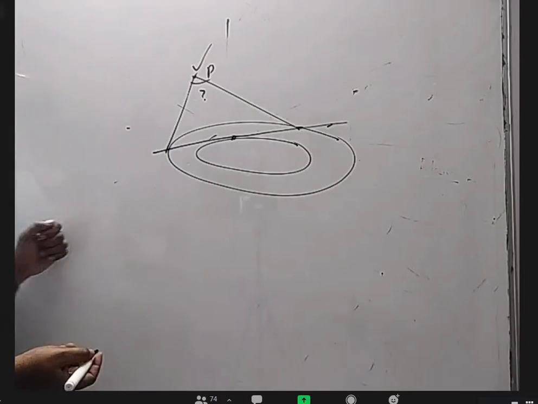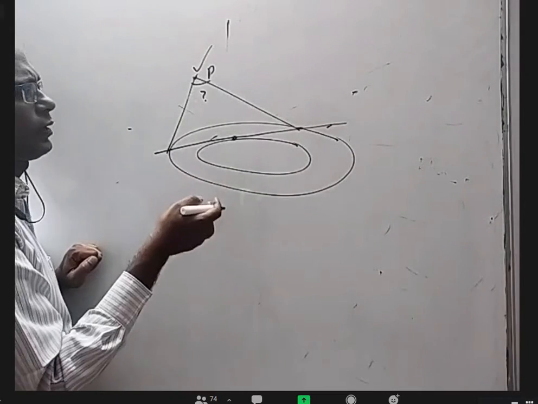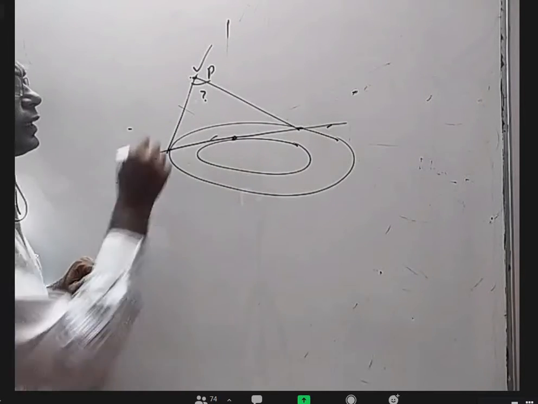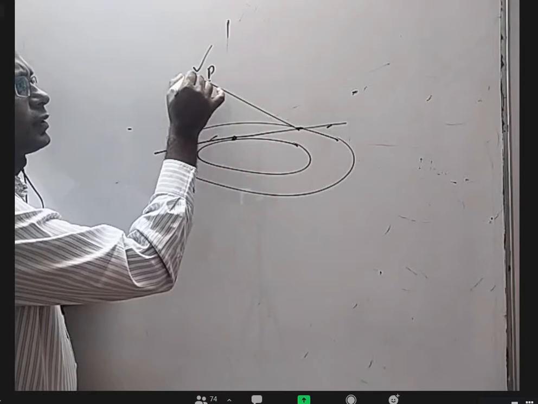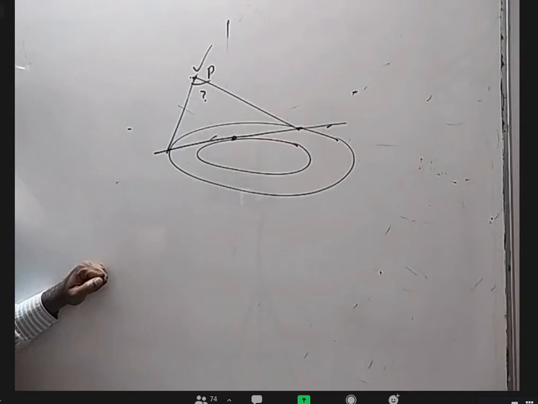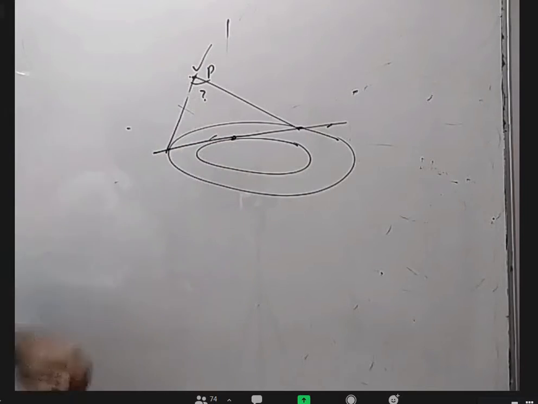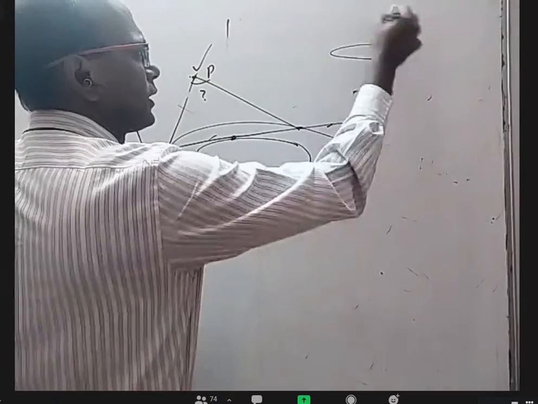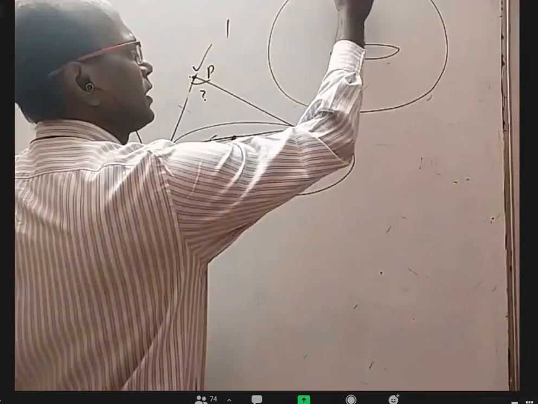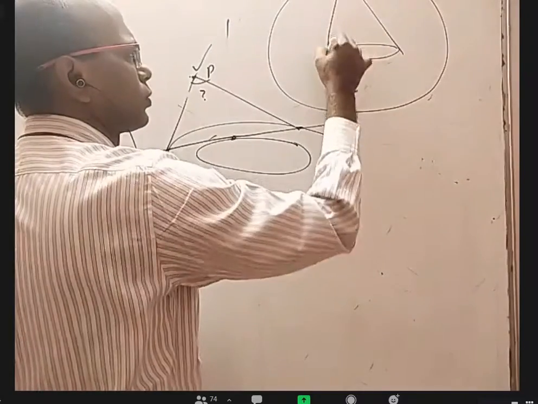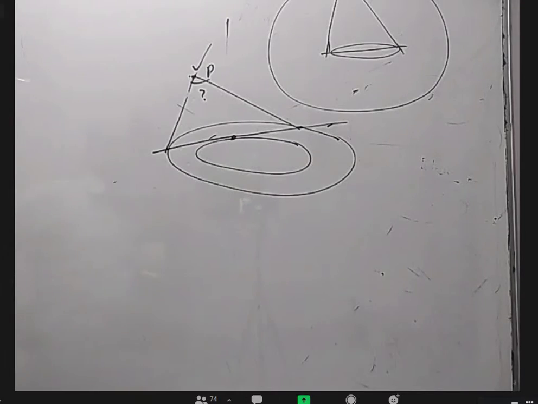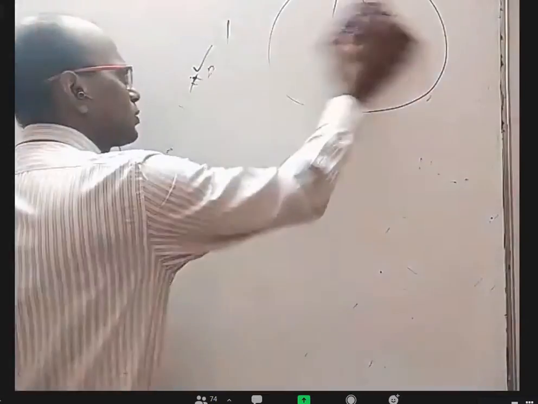Okay. Of course, I can do it from the options, but I very well know that the locus of this is the director circle. Why? Because if it is not 90, any other angle, the locus of this equation is not simple. It is complicated, and we are not going to get it like this. But anyway, another way of saying is, if I give an ellipse other than the director circle, if I take any other circle and take a point and draw two lines and find the chord of contact, can I say it is always tangent to an ellipse? Maybe I can say that. Just 1 minute. Instead of solving this, I want to make a question.